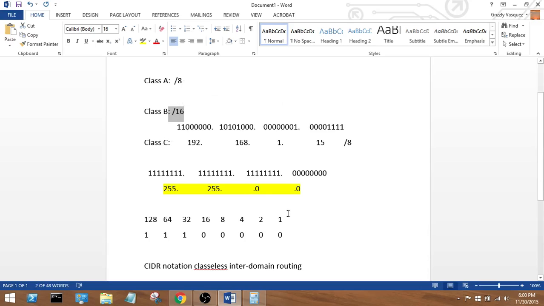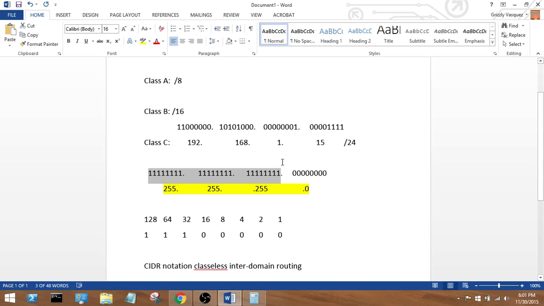And class C, we know that it's 255.255.255.0, and it's a /24 network. Okay, so class A is a /8 because only 8 of these bits are turned on. Class B is 16 bits, and class C is 24 bits. Okay, so those are your standard, and then there's your in-betweens, which would be like a /7 network,